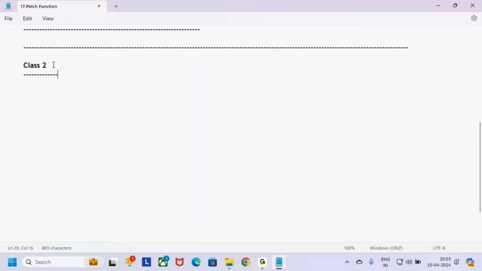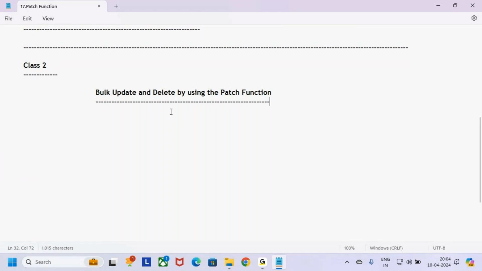In today's class, we'll try to understand how to perform the bulk update and bulk delete using the patch function. Now, how to perform the bulk update and delete operations with the help of patch, we'll discuss in today's class. So in order to perform these bulk update and delete operations with the help of the patch function,